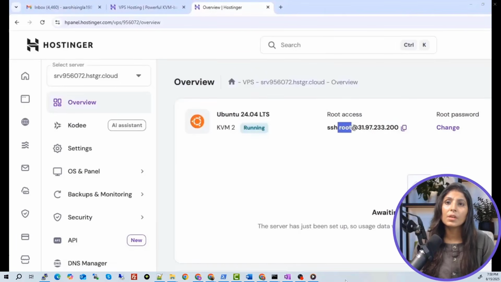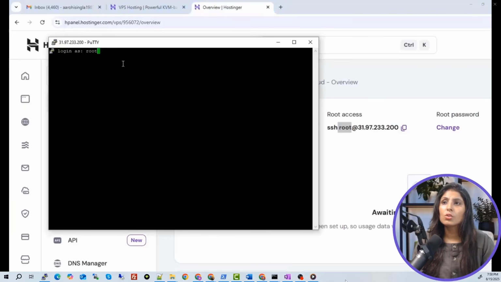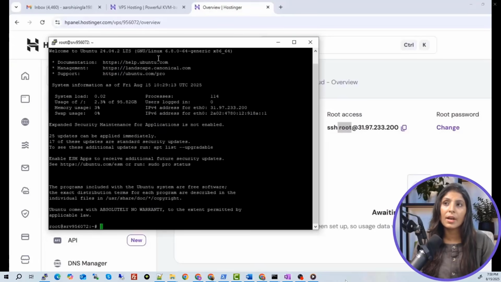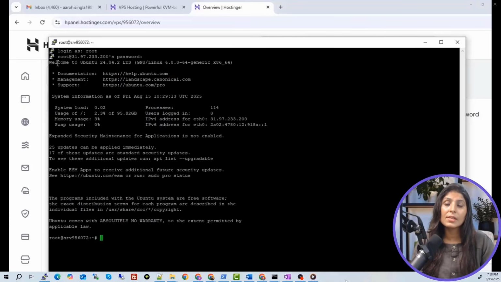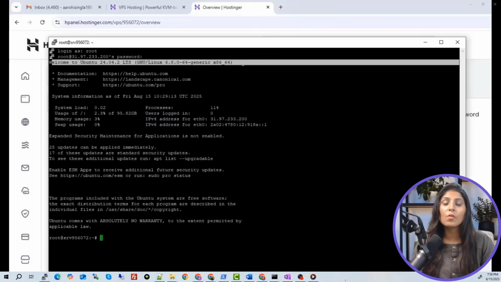The username is root. See here, right? So enter the username and then enter the password. Which password? The password which we just created while setting up the VPS. Fill that password here and press enter. You'll see this kind of screen. Now you can access the remote PC which is over the network. Which remote PC? We want to work on a cloud, right? So you can access that through this Putty.